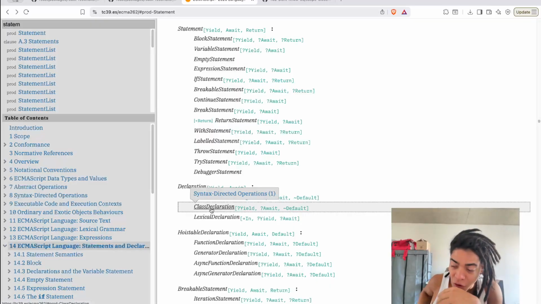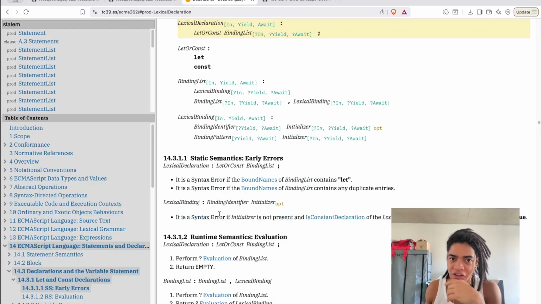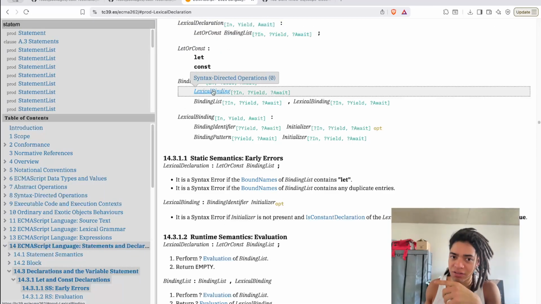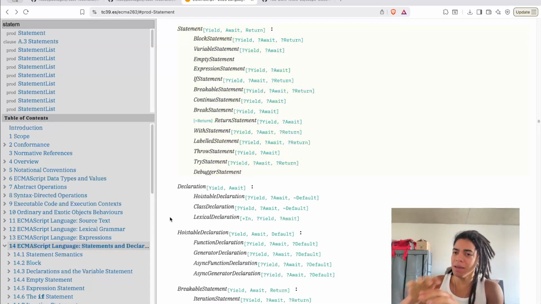Class is another hoistable declaration, as well as the lexical declaration, which is let and const. All right. So I'm just describing this because these are the possible values that a variable can have. And since we can hold functions inside of a variable,